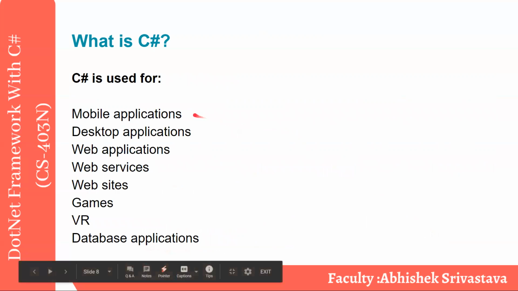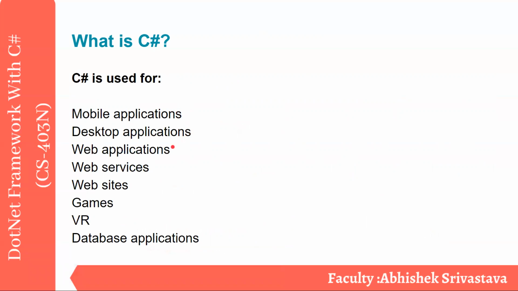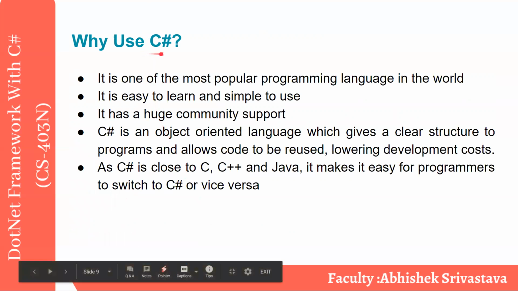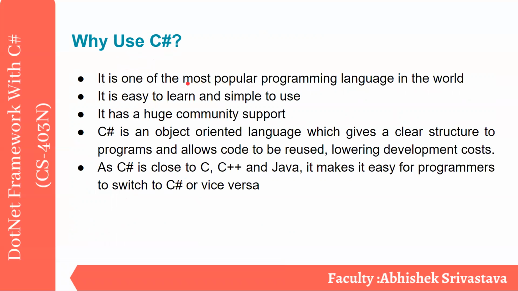So C Sharp is used for mobile applications, desktop applications, web applications, web services, websites, games, virtual reality, VR, and database applications. Why do we use C Sharp? Very important question. It is one of the most popular programming languages in the world. Even number one is going to be Python. But why do we say it is used? Because it is a